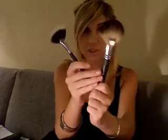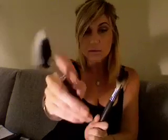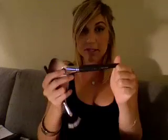The last face brush that I'm going to show you is a brush that I really love. I don't use it every day, but I really, really love a fan brush. I love the MAC one, and I bought this one, but I don't know if I really like it. This one's a Louise Young brush. I bought this because I read